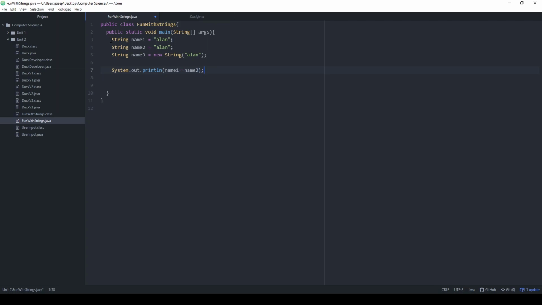Marvelous. And then I want to, here, let me just copy and paste. I want to compare name 1 with name 3, name 3, using my double equals. And then I'm going to compare, let's see, name 1 dot equals name 2,